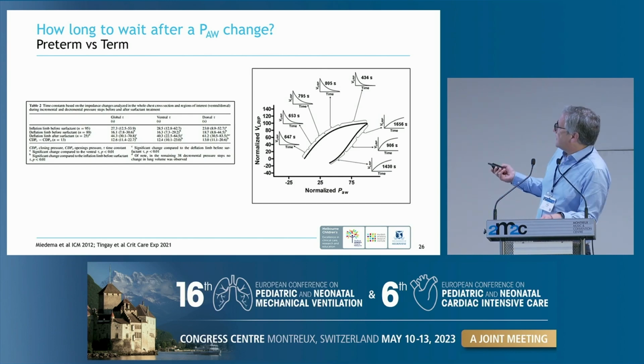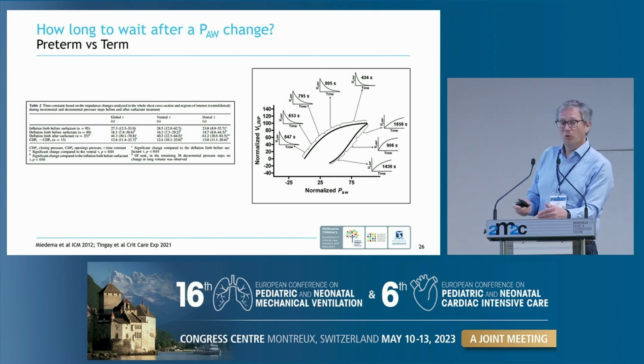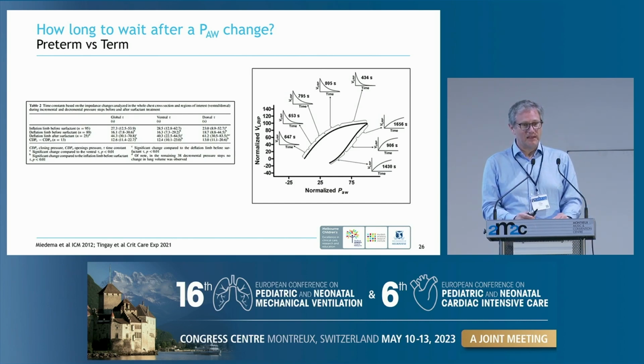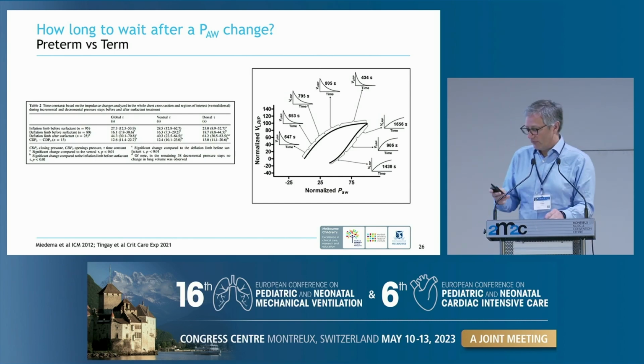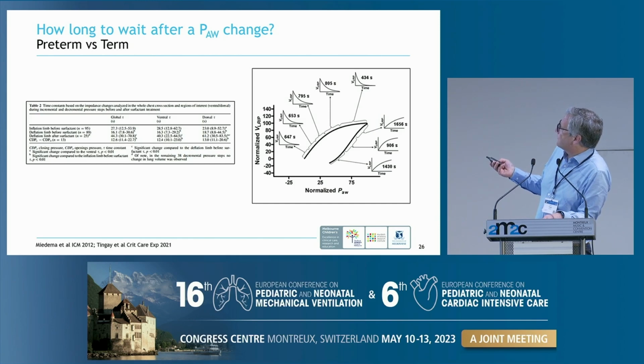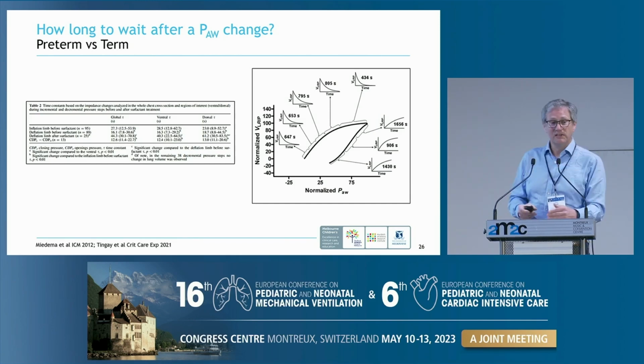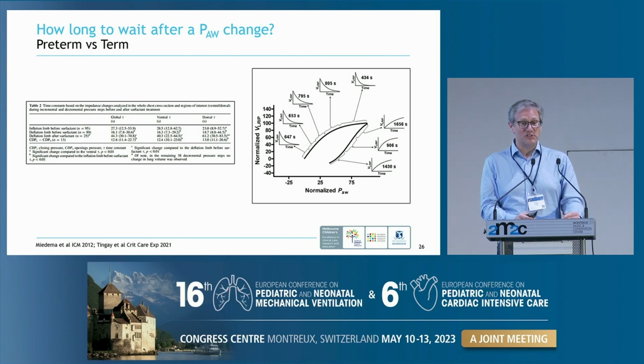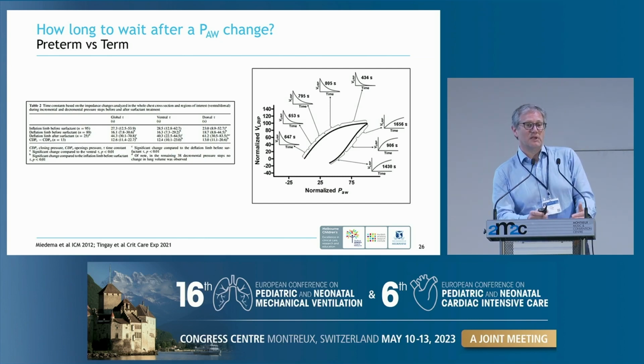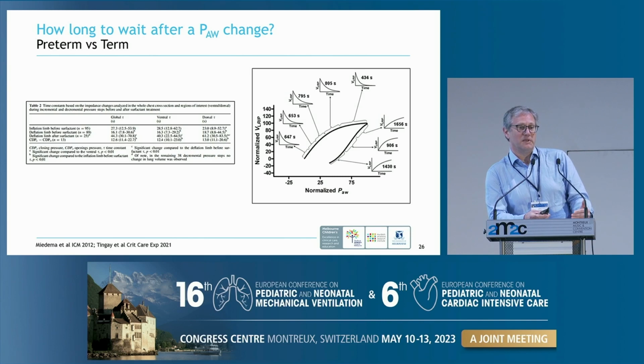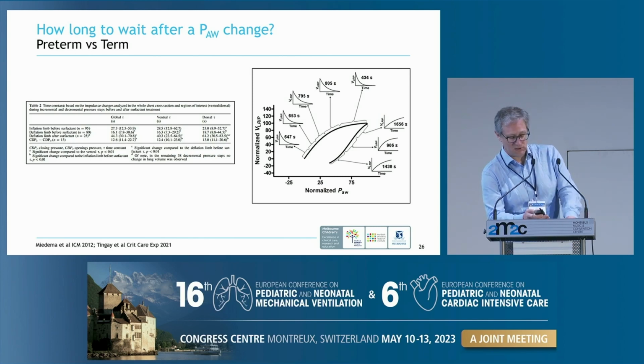We showed that in term babies, much more with a pathology in keeping with ARDS or PARDS, the time needed to wait for a new lung volume after a mean airway pressure change was much longer, and indeed in some babies more than 10 minutes. So if I'm doing a mean airway pressure change on an oscillated big baby with an ARDS type picture, I would wait at least 5 minutes and generally 10 or more, particularly if you have a lot of resistive change.